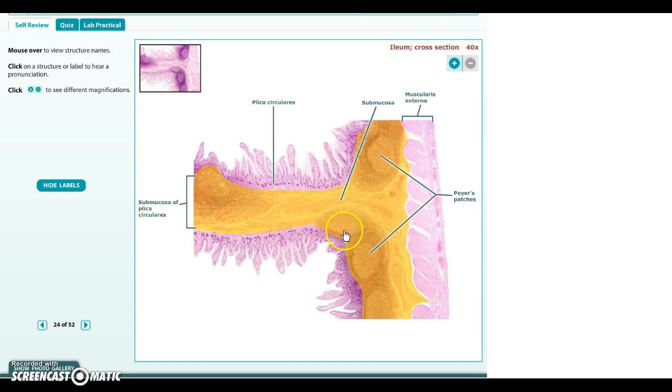These are Peyer's patches that we see just under the surface of the epithelial layer, and these are very rich in immune cells. When you look at them, it doesn't just look like a typical submucosa. It doesn't look like a typical submucosa with all of just connective tissue and blood vessels. You have these very rich cell-bearing layers that are full of immune cells, obviously ready to go after any potential foreign invader that would come across the surface of the gut that would be present in the food that we